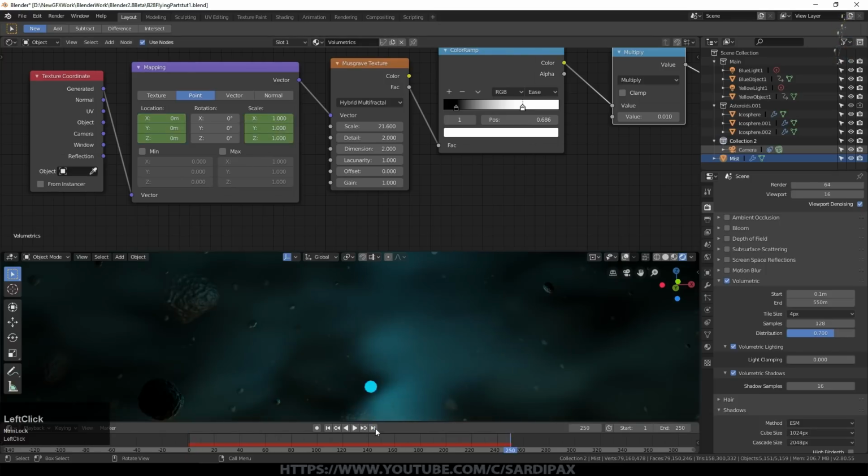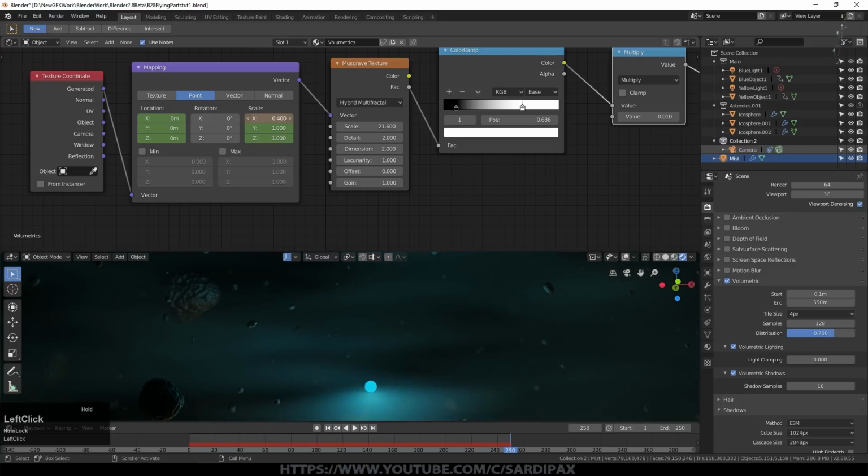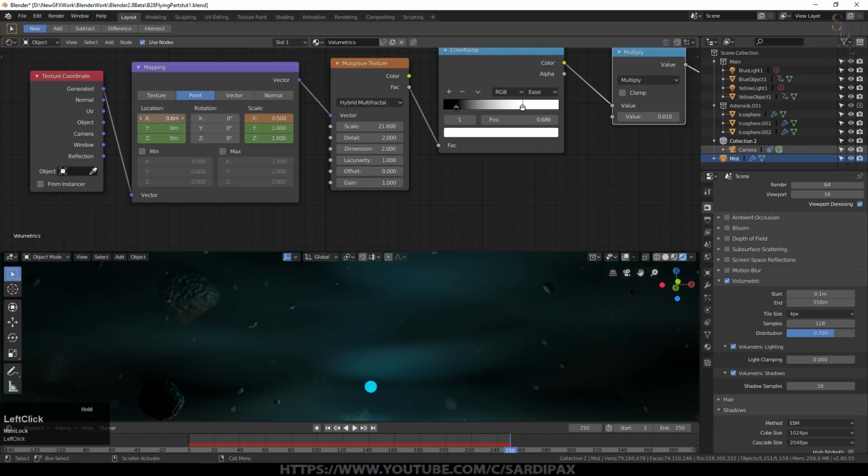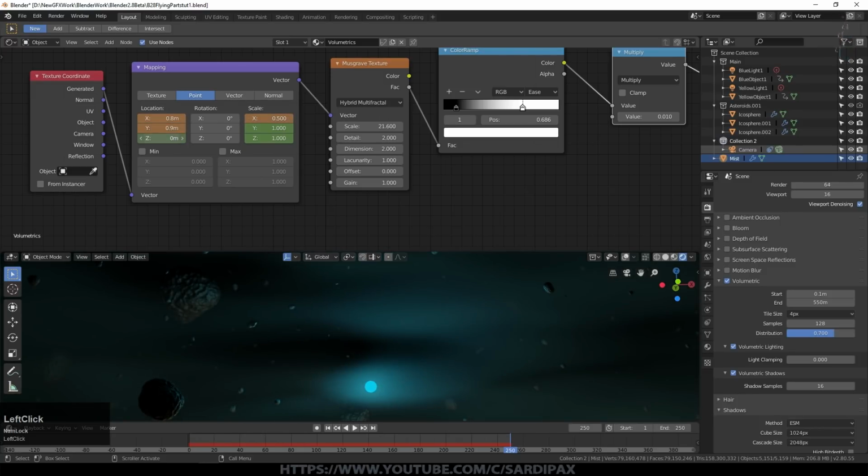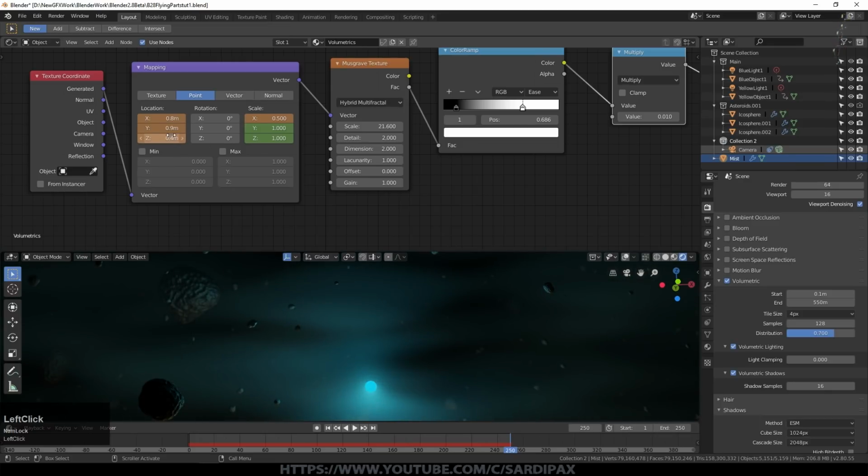Then go to the end of my animation and I change some of these values. So let's go down a little on X and out a little on X and maybe Y and maybe Z. I only changed it a small amount. Press I again and I again. Exactly how much you change it will depend, in part, on the length of your animation, because obviously whatever change I do here is going to be spread across the animation.